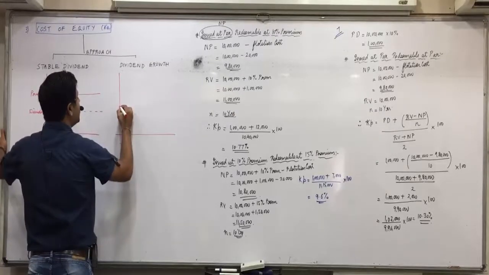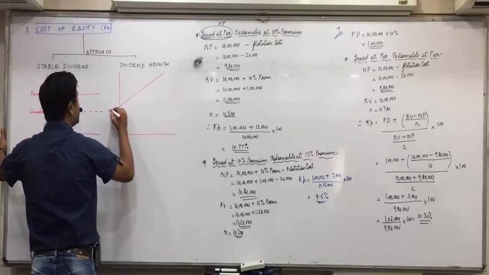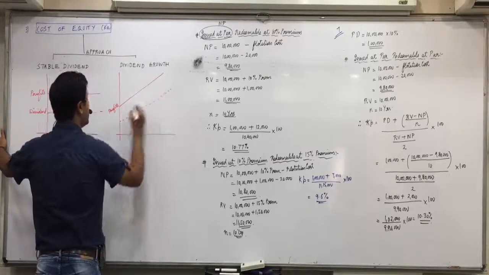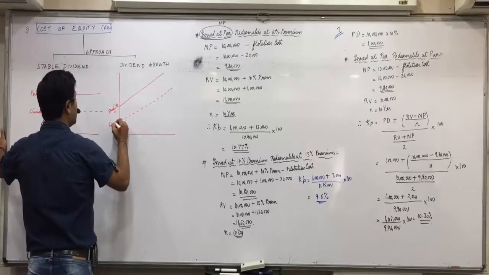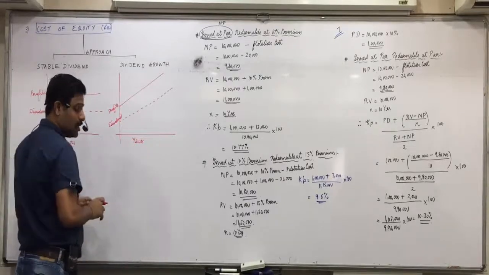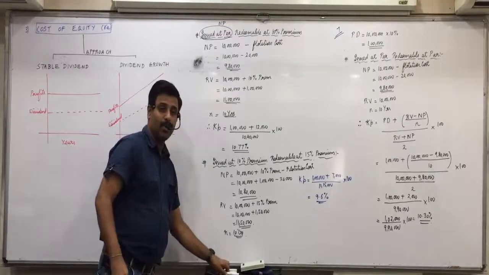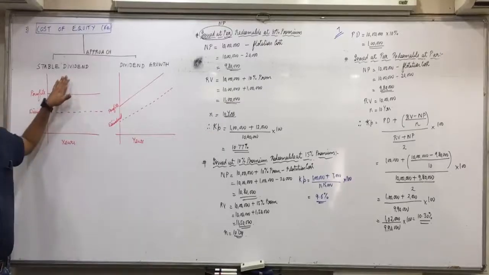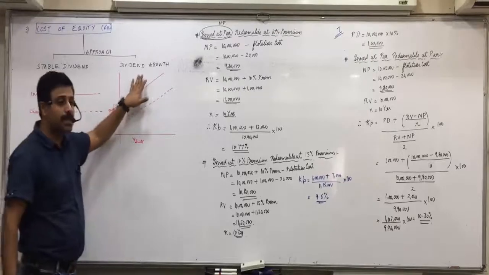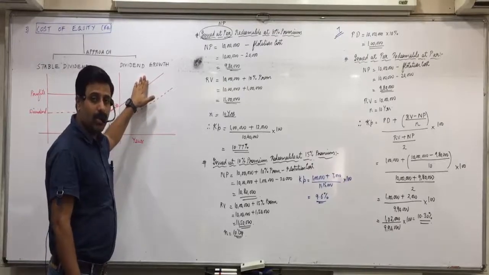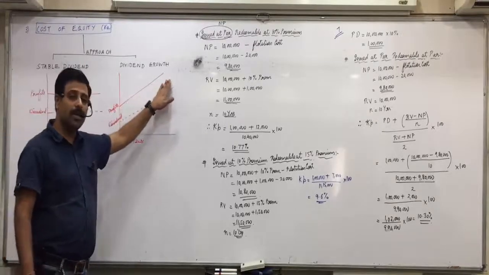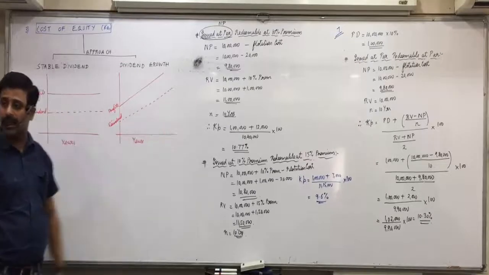The other one is a growth company. Company's profits are increasing and therefore the company has to give dividend also at an increasing rate. Part of that dividend will also keep on increasing. So this is for growth companies. Okay. So there are two different approaches. One is stable dividend approach, where the company is a stagnant company expected to earn constant profits every year. The other is dividend growth approach, where we are talking about a growth company, where company's profits steeply keep on increasing and accordingly the dividend will also keep on increasing.